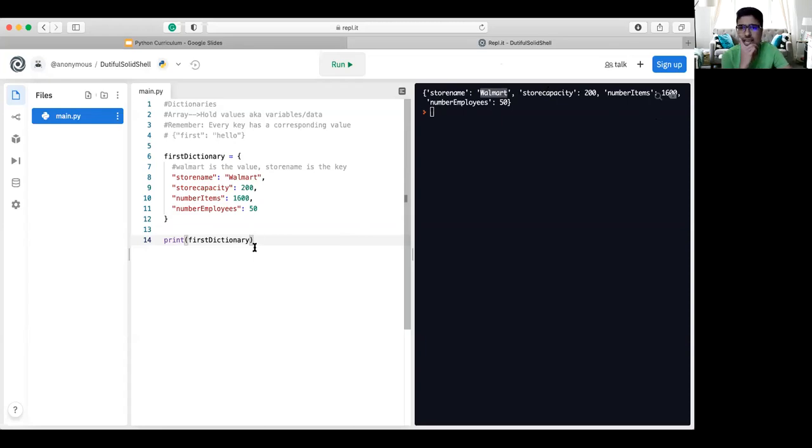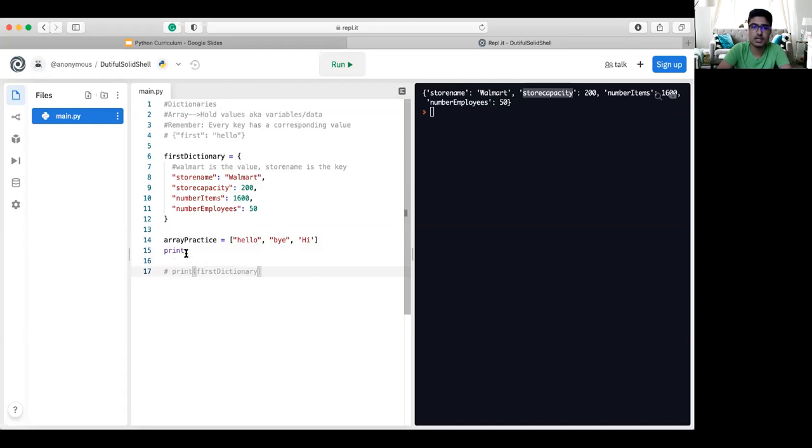So how can I get a specific key? Say I want to know the store capacity, but I don't want to be printed out all that other information, I don't really need it. Well, remember how we used to access elements in an array? Say I had an array, I'll call it array practice, with values like hello, bye, and hi. In order to access a specific element, say I'll print it out,